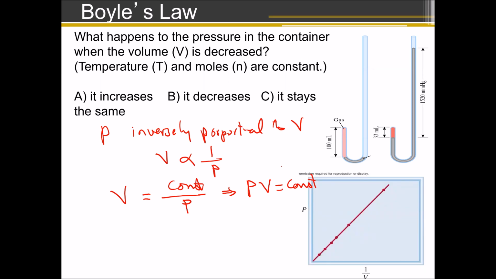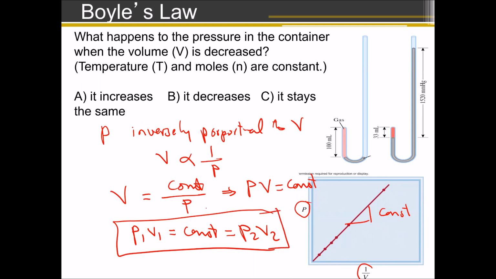In other words, if you mathematically plot the pressure of a gaseous sample versus 1 over V, it's going to give you a straight line with a slope that equals a certain constant, right? And in terms of comparison for a certain sample between two different conditions, the pressure times volume for condition 1 is going to equal a constant, is going to equal the pressure times volume for condition 2 equals the pressure times volume for condition 3, and so on. And that last expression is very useful to calculate the pressure of a gaseous sample when you change the volume